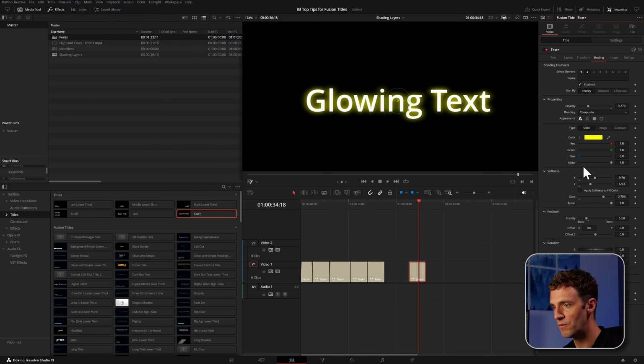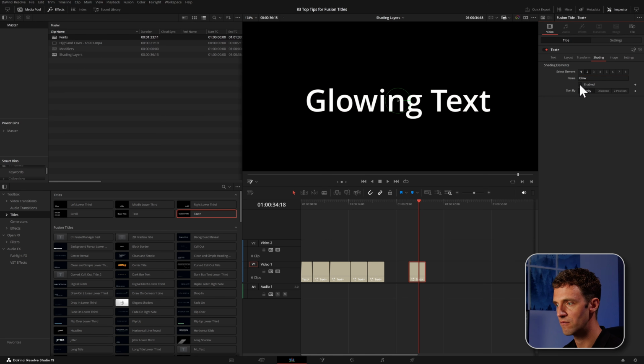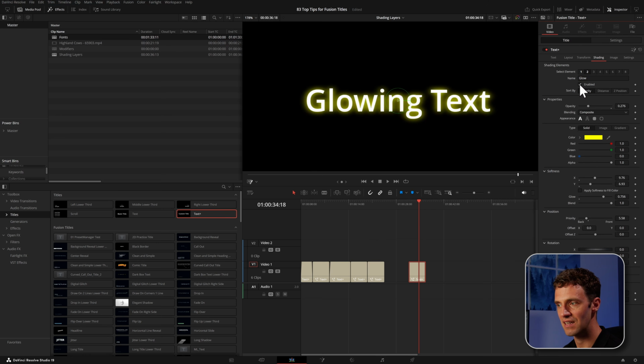Let's make it yellow. So we can customize this here. We can add more elements. We can name them. In this case, I name it glow. But just with 2 elements, we can often do a lot. We can enable, disable them at our convenience and also try out different things and just enable the slots we think we need. But we can also separate and animate things, and this is where I go into Fusion,